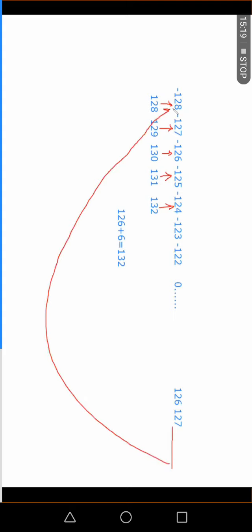It's coming from right to left over there. Suppose the value is going from minus 129, minus 130, minus 131 toward the leftmost side. Then the value will be taken from the opposite side, and it will rotate over there. So two extreme sides are possible. Let me give one example to you, so kindly try that one.